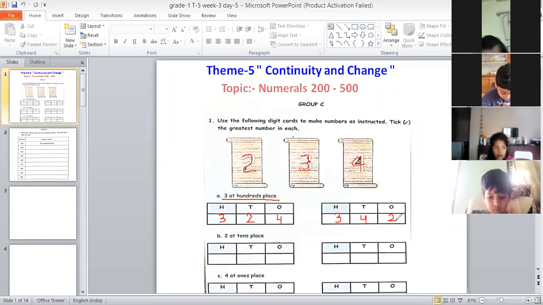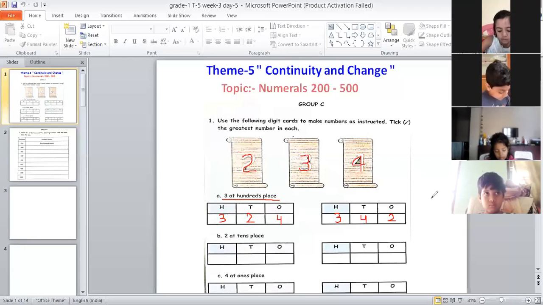Is there anyone who has any doubt in this? What we did, first of all, we wrote 3 at hundreds place because in the question it was mentioned that we have to write 3 at hundreds place. After that, we have to write the digits at tens and ones place. So we are left with 2 digits here, 2 and 4. So we can write either 2 at tens place or 4 at tens place. First, we wrote 2 at tens place. Then 4 was left, so we wrote that 4 at ones place. Now in the next one, we just interchanged the position of 2 and 4. Okay, done?